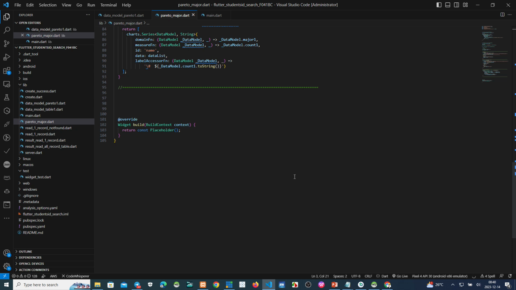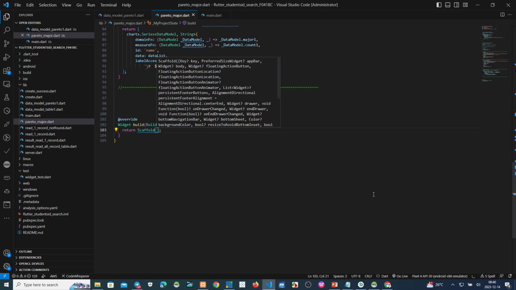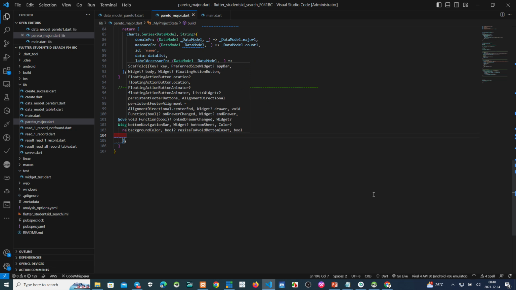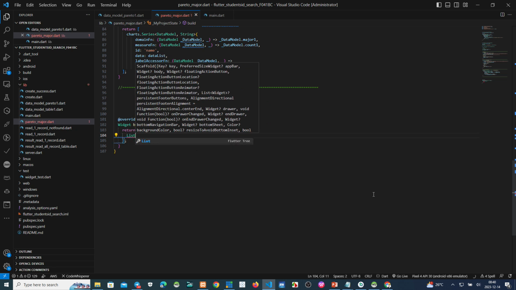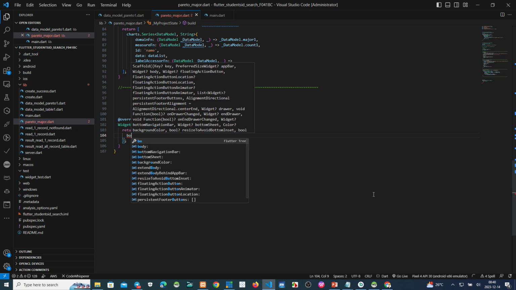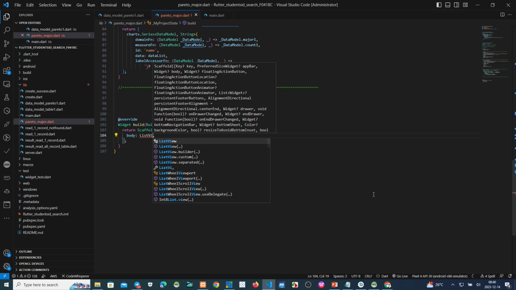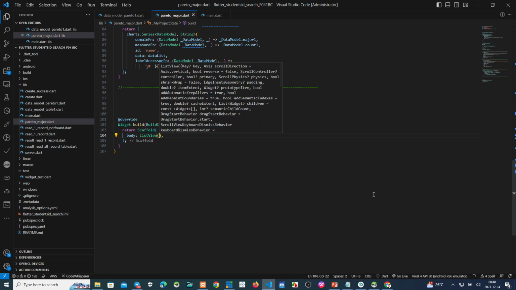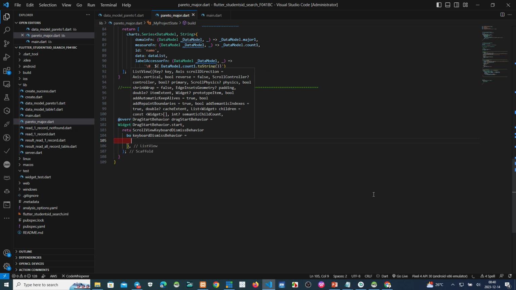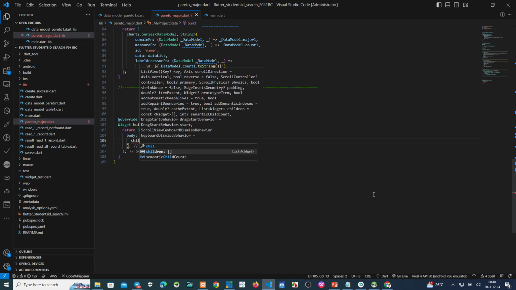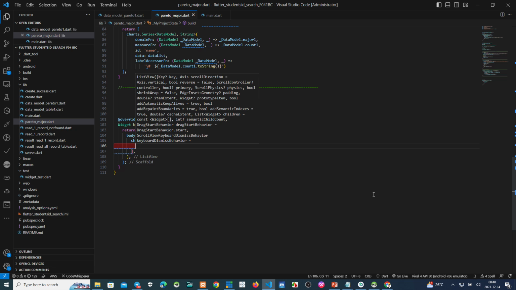Now we want to show the result on my virtual device. We use the Scaffold, and then the body, using a list view with children.